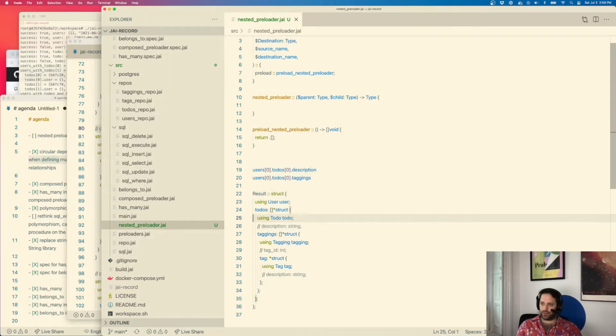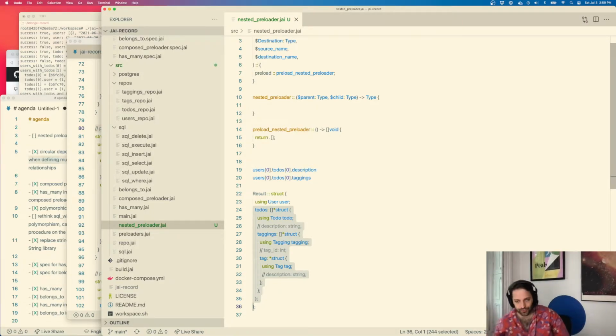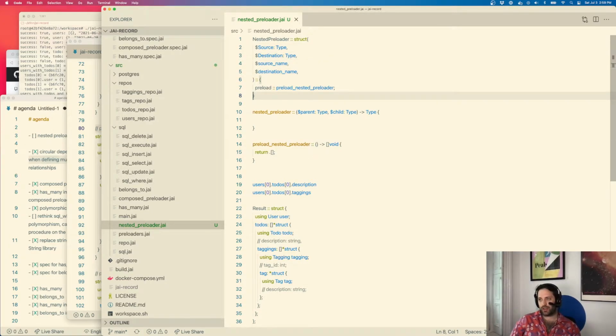So the preloader, the to-dos, the has many preloader does this big chunk. Right? What's the nested bit decorating this with? The nested bit is going to be decorating these to-dos, yeah? It's going to be taking each to-do and adding some stuff. So the source,